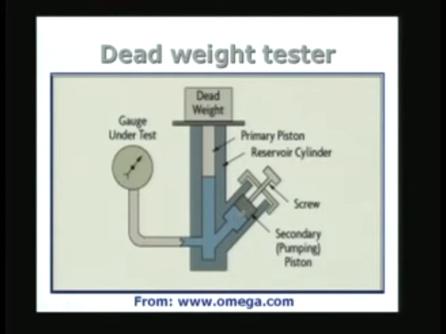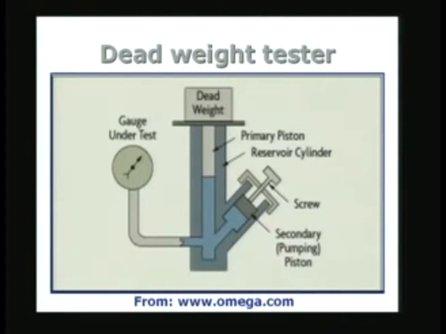This plunger is going to go in and out and increase or decrease the pressure, as the case may be, and there is a dead weight, and there is a piston on which the dead weight is placed. This whole thing is vertically oriented, and if you can realize the pressure of the oil here, if the dead weight is just floating, that is, if the oil pressure is such that the pressure exerted by the dead weight on the piston, which is simply given by the weight placed on the piston divided by the area of cross section of the piston, that is the pressure.